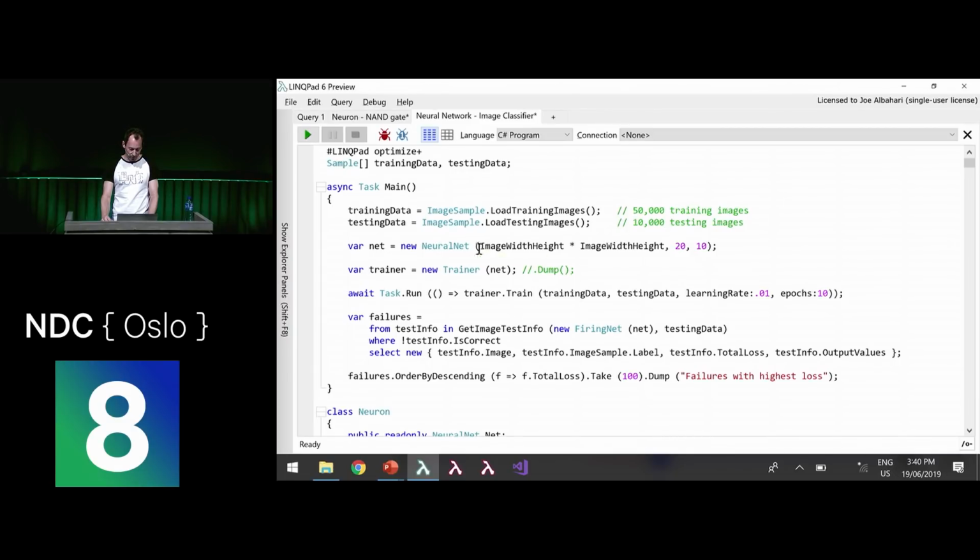So this creates a neural net. This is the number of inputs it has. Then I'll call them neurons, the number of inputs. Because they're square images, it's the image width height squared. This is the number of neurons in the first hidden layer, 20. And because we've only got one hidden layer for now, this is the number of neurons in the output layer, 10. So this is pretty dumb. It's only got 30 brain cells in total, but we'll see how well we can do with 30 brain cells. We're going to train it with a learning rate of 0.01 and 10 epochs. We're going to go over the whole thing 10 times. Let's run it, and then we'll do a report.